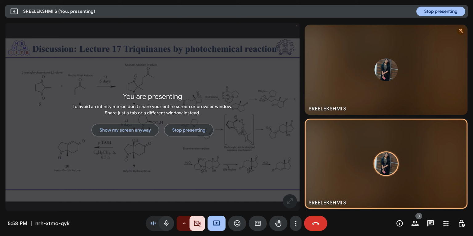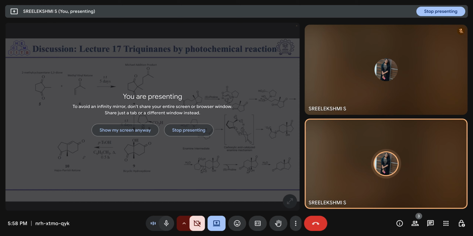So that mechanism is given here. First with the proline, it will form the iminium ion kind of derivative. Then that elimination will give this Michael addition product, and then in the presence of this proline again an aldol type of reaction is happening, and that aldol reaction will give this bicyclic hydroxydione. So then PTSA mediated or in heating condition this OH will eliminate, and here double bond will come,